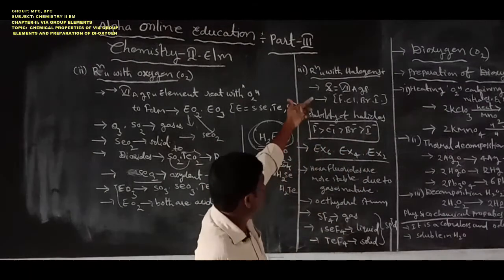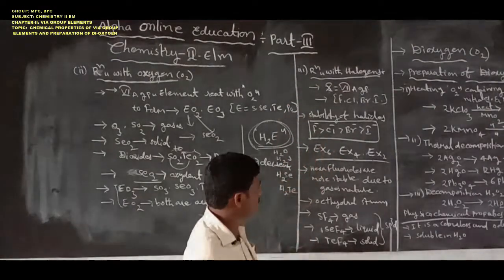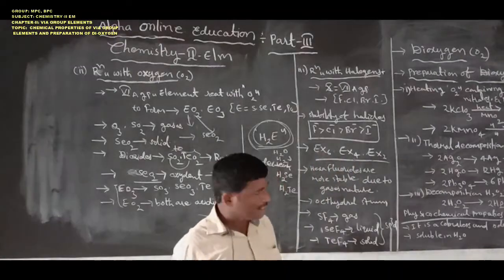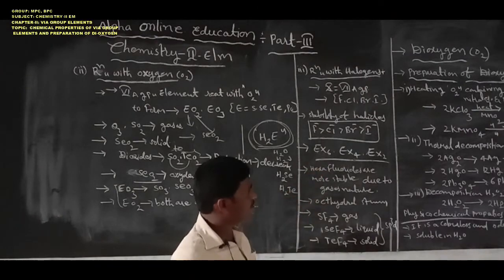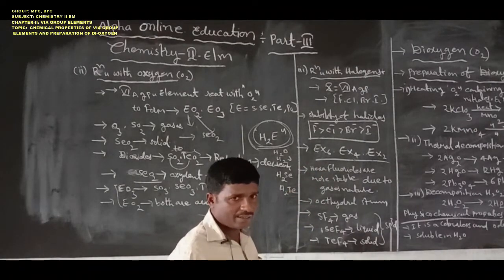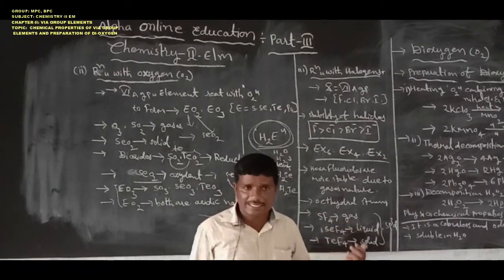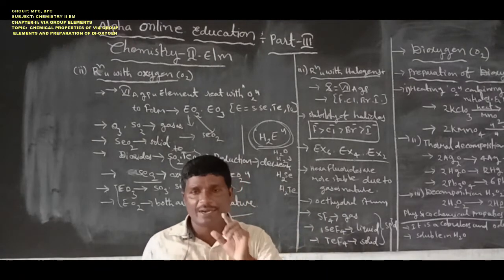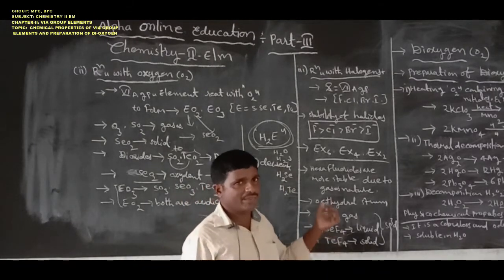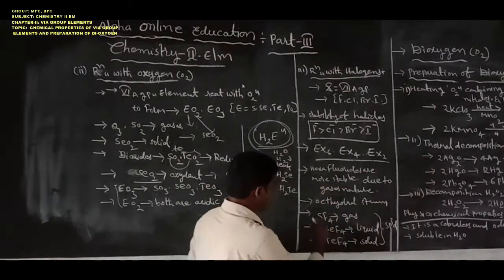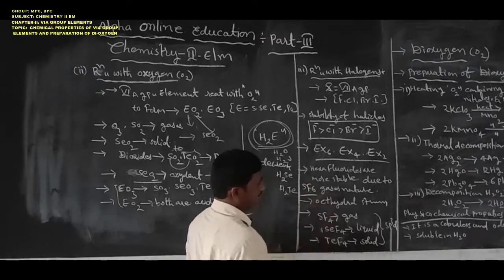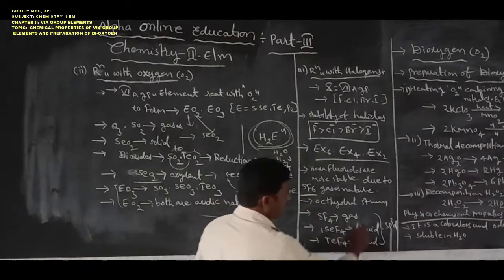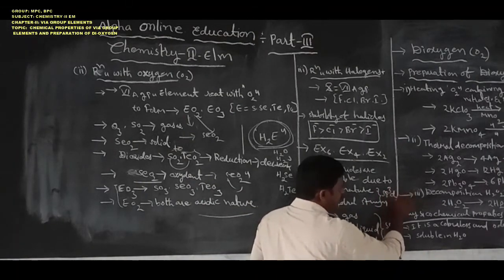Next, the halogen elements combine with the 6A group elements to form hexahalides, tetrahalides and dihalides. Among the three types of compounds, hexafluorides are the more stable because they exist in the gaseous state. Hexa means 6 fluorine atoms combining with the 6A group element to form a hexafluoride. For example, SF6, sulfur hexafluoride, has a gaseous nature, an octahedral structure and undergoes sp3d2 hybridization.